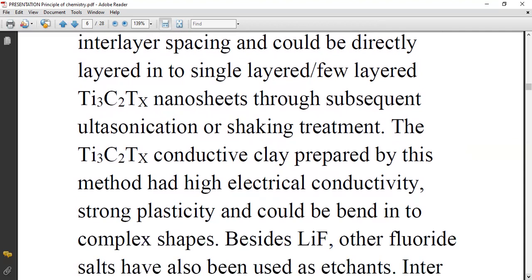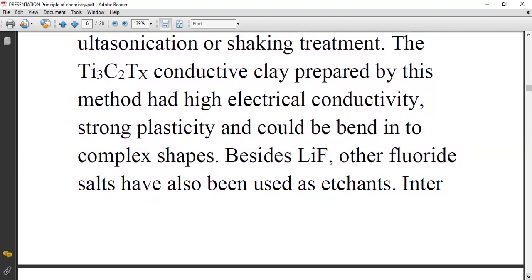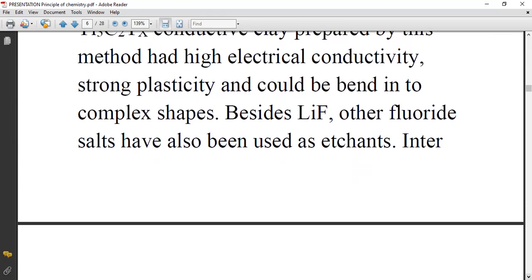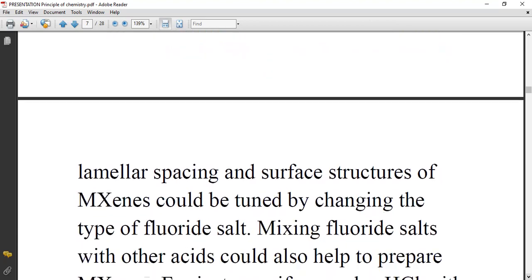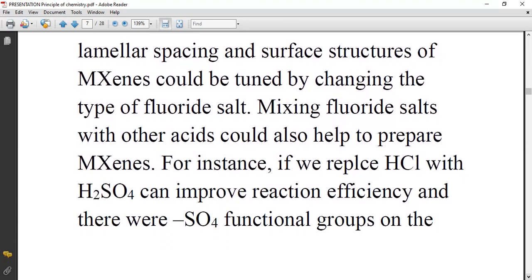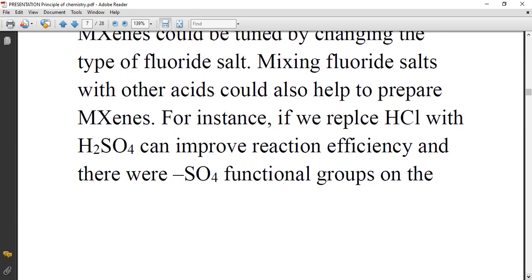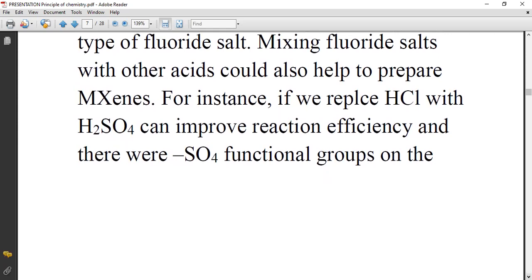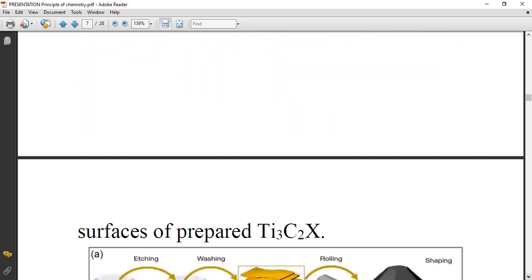The MXene conductive clay prepared by this method had high electrical conductivity, strong plasticity, and could be bent into complex shapes. Besides lithium fluoride, other fluoride salts have also been used as agents. Interlamellar spacing and surface structures of MXene could be tuned by changing the type of fluoride salt. Mixing fluoride salt with other acids could also help to prepare MXene. For instance, replacing HCl with H2SO4 can improve reaction efficiency and introduce sulfide functional groups on the surface